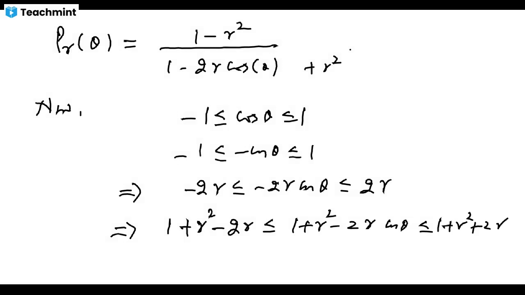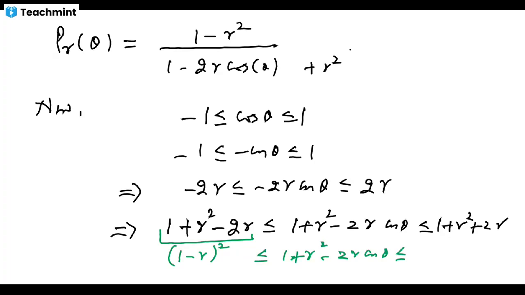Now let's look at the bounds of this function: the left hand number 1 plus r square minus 2r is (1 minus r) whole square, and it is less than or equal to 1 plus r square minus 2r cos theta, which is less than or equal to, on the right hand side,